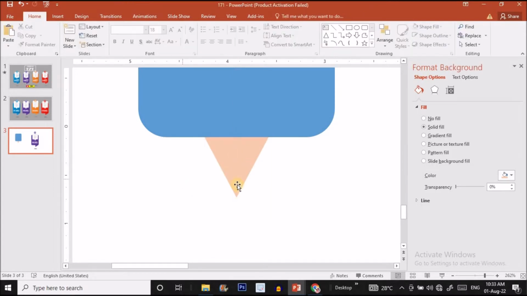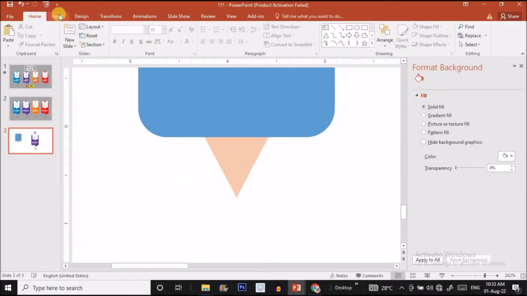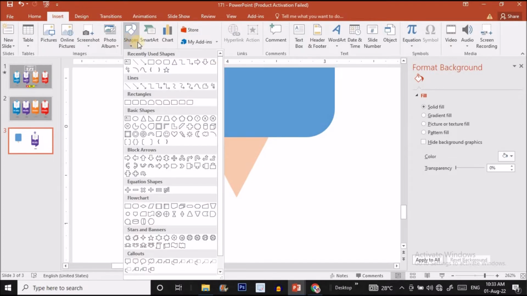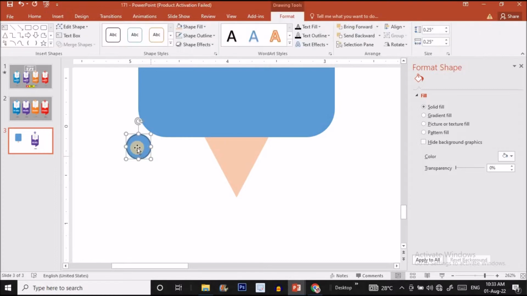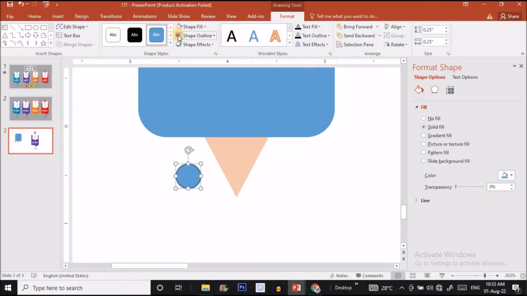Now we will have to make this corner rounded. So what I'm going to do, I'm going to choose a circle option from the shape and press Ctrl and Shift and drag it over here to make a circle like this. Make it no outline option and put it over here like this. Make it smaller guys, a bit smaller like this. Okay, now put the circle something below like this,